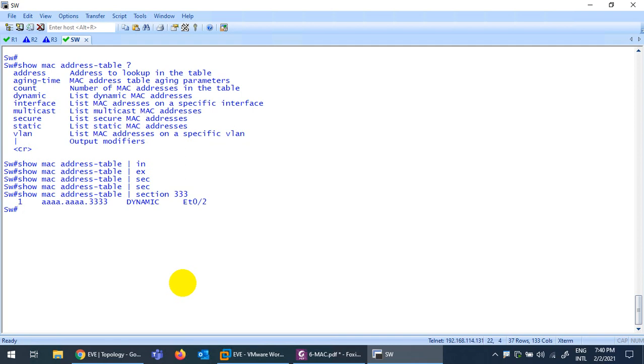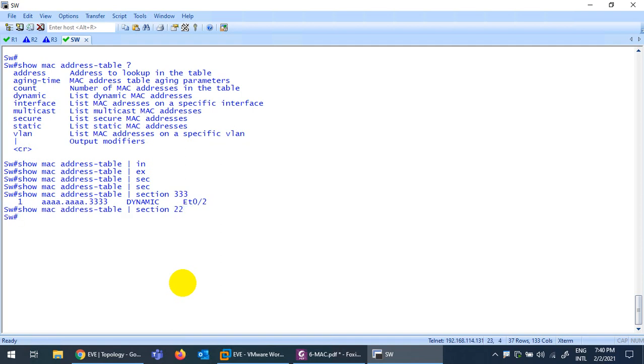Normally somebody says, this is my MAC address, can you find out where I'm connected? This is the fax machine MAC address. This is the printer MAC address. Can you find where it's connected? So you can use this one: show mac address table, this pipe sign which is a filter, and type section and type that MAC address, or either part of that MAC address. If I say 22, it will show me 22.